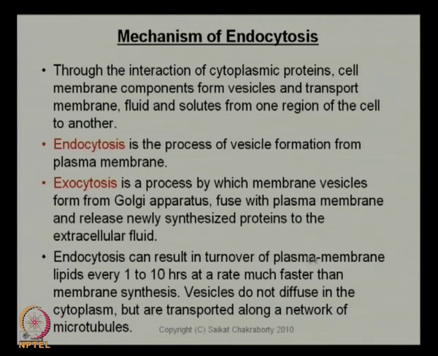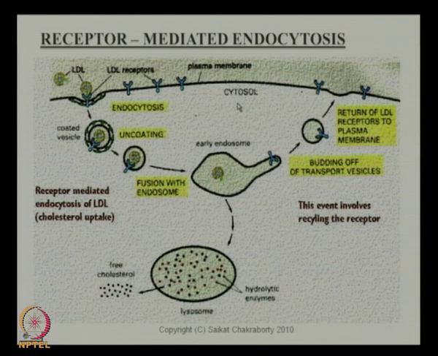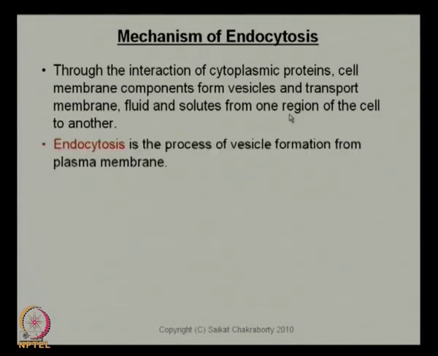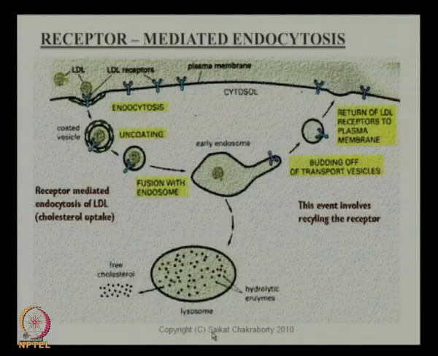So, what this first sentence means is that if you go back to the picture, this process of the membrane turnover, that is the membrane being recycled in and out, can happen over 10 hours. So, with endocytosis, the membrane itself over a period of 10 hours can be recycled in and then out. Okay. So, the whole membrane recycle process, and vesicles do not diffuse in the cytoplasm, but are transported along a network of microtubules, which means that once a vesicle has been formed over here, it is not going to diffuse from one part of the